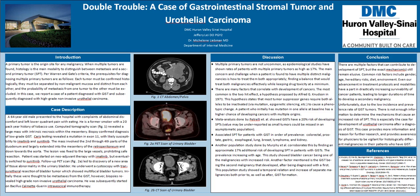cancers with multiple origins. In terms of GIST, a meta-analysis done by Petrelli et al. has shown a 20% risk of developing SPTs. This value may be underreported as small GIST could have been missed in asymptomatic patients found to have other malignancies. Studies have shown that colorectal, prostate, gastric, esophageal, lung, breast, lymphoma, and kidney malignancies were the most common SPTs that developed